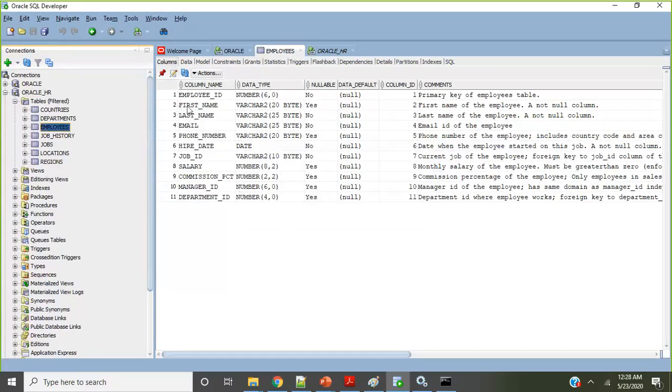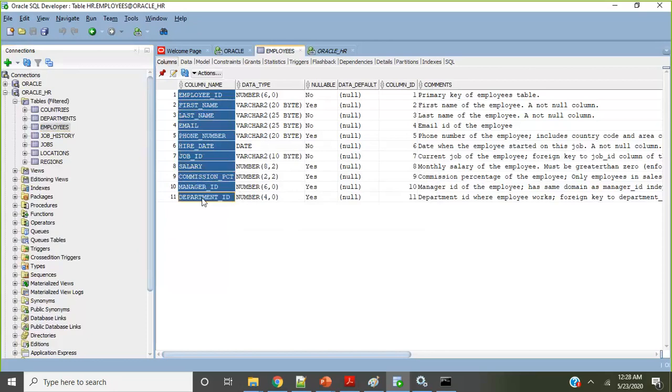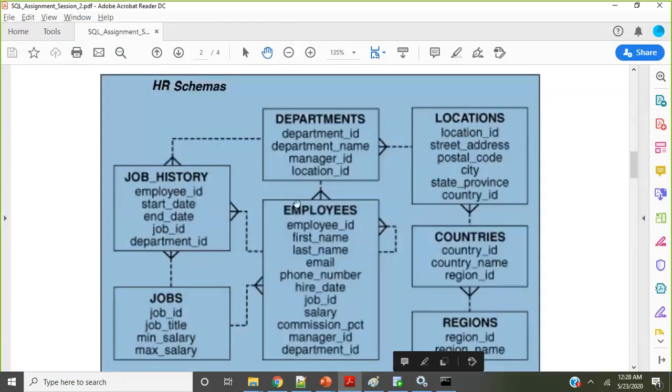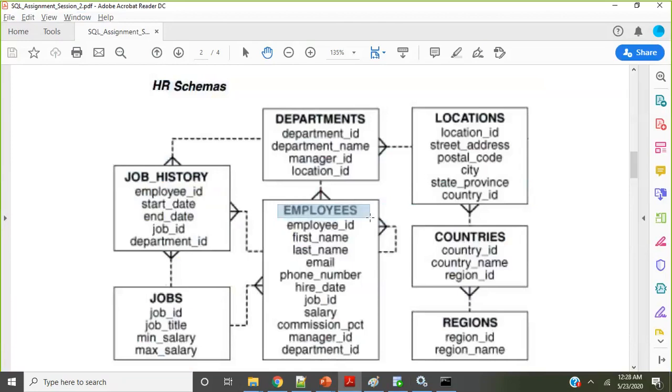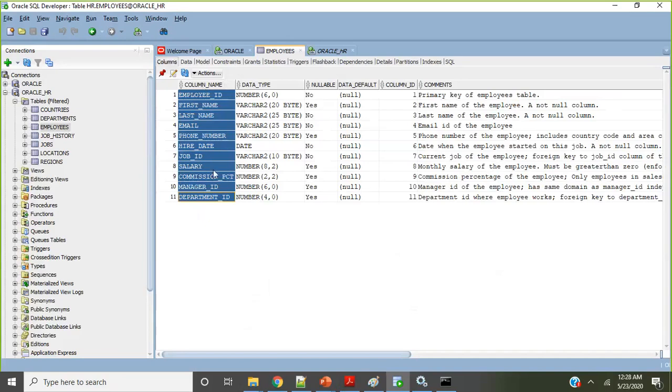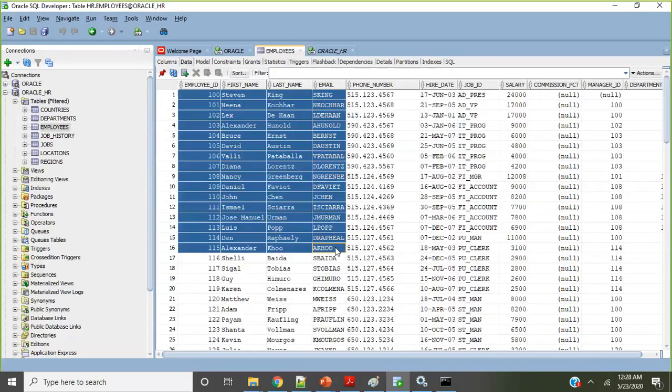Here is the column name. This is exactly what you have seen here. See, this is the employee table. The first one is the table name and the remaining are the column names. Now if you want to look at the data, click here and you see all the data.